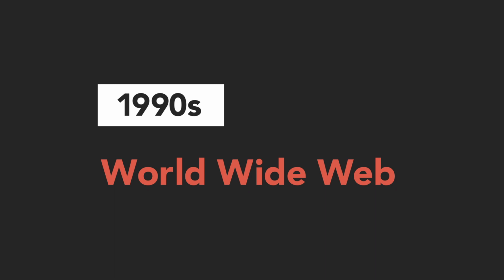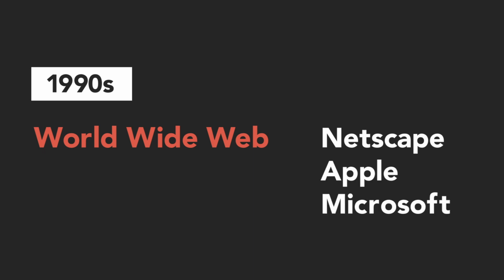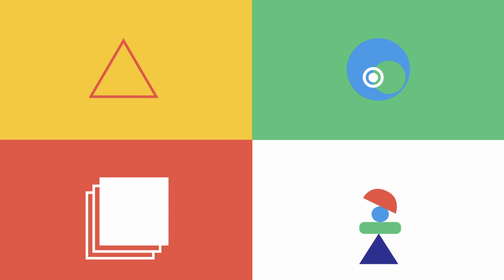Okay, let's fast forward a little bit and head into the 90s. So again, there's been another technological breakthrough, and that's the World Wide Web. Companies are taking advantage of the new opportunities. Companies like Netscape, Apple, and Microsoft are starting to get big. Application programmers are coming under stress to program complex things like illustrations, maps, images, and animations, all in a brand new environment and using the brand new HTML language.